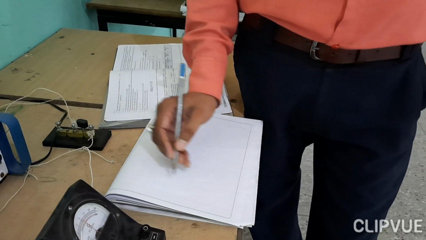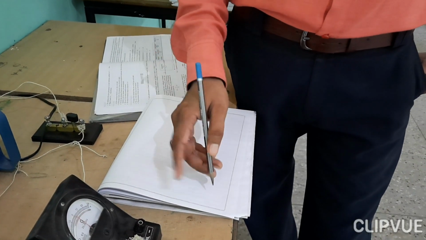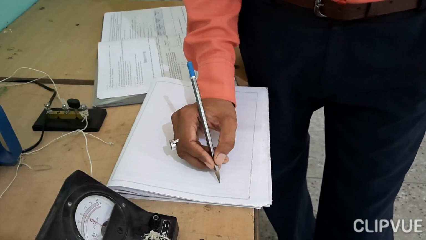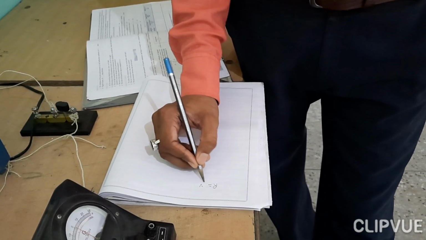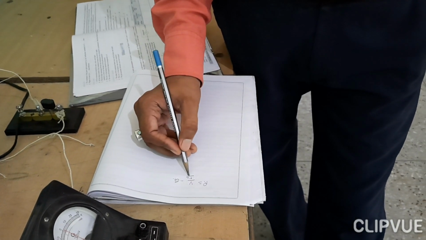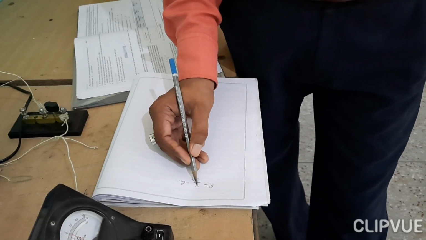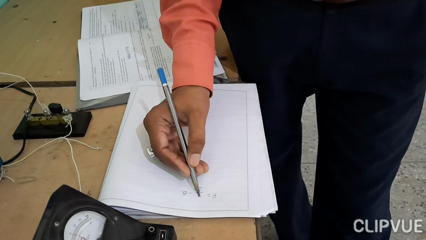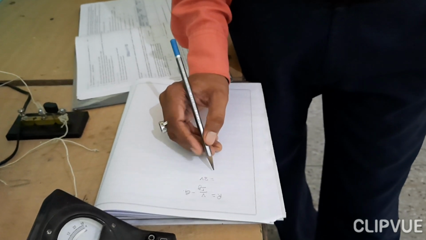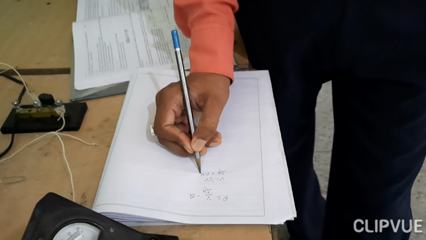To convert a given galvanometer into voltmeter, we have to calculate the value of resistance which is connected in series with the galvanometer. To find that value, R is equal to V by Ig minus G, where Ig is current in the galvanometer, G is the resistance of the galvanometer and V is the desired voltage. The range of the voltmeter I have chosen is 3 volt, and Ig can be calculated as Ig is equal to N into K.